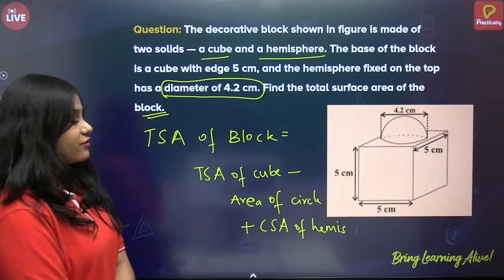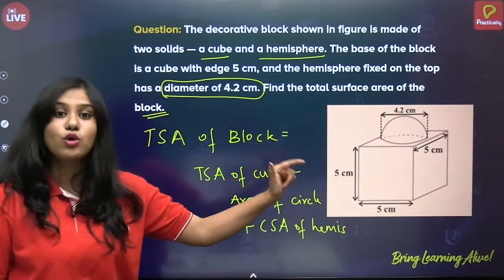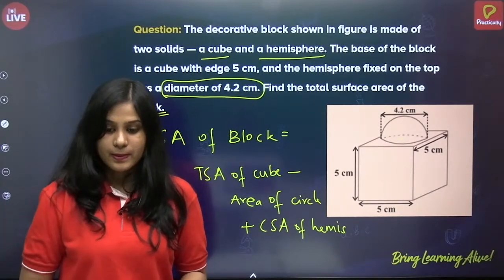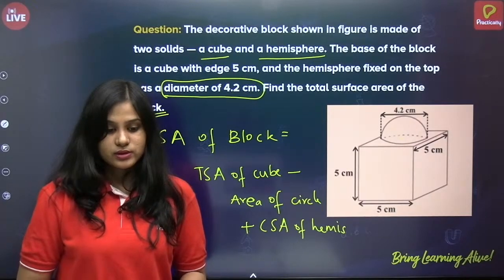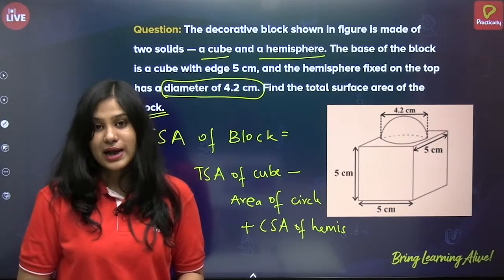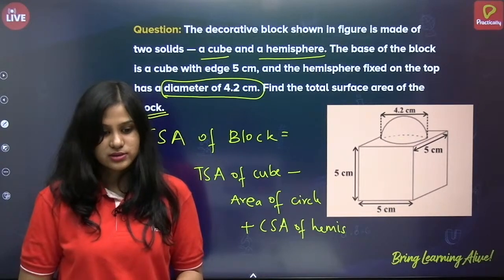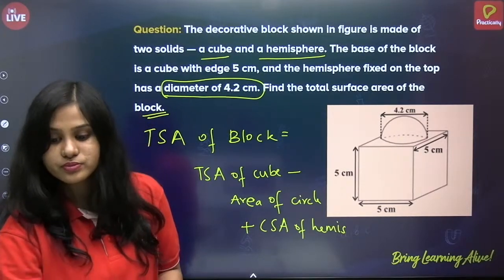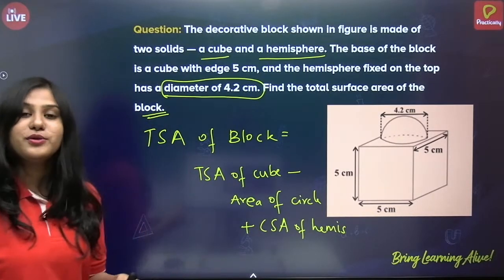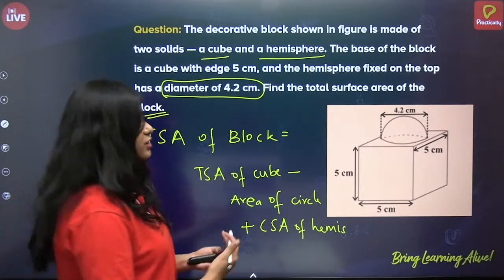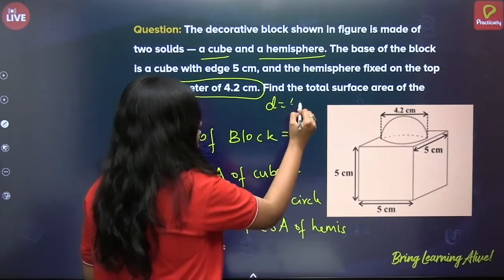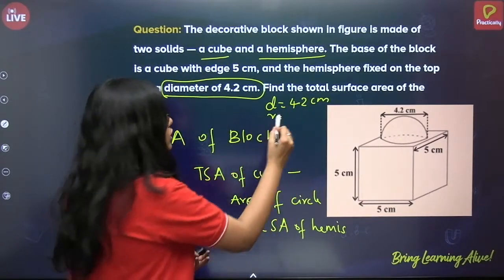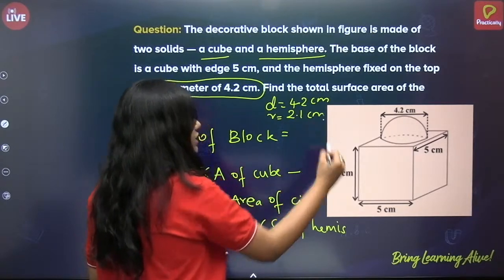So yes, if diameter is 4.2 centimeters, what will be the radius? Please do type in the comments. It's very easy, right? You know diameter, it's very easy to find radius. Alright, so we know that radius is equals to diameter by 2, correct? So diameter is equals to 4.2 centimeters, radius is equals to 4.2 by 2, that is nothing but 2.1 centimeters,